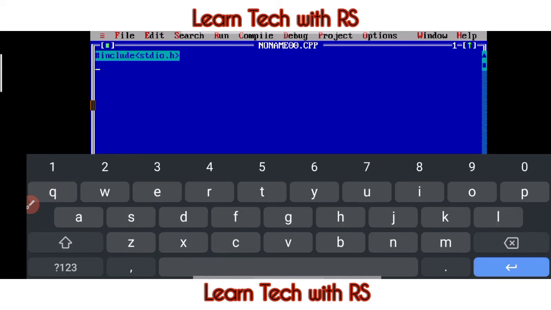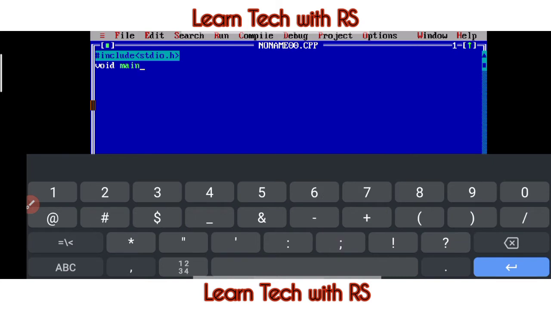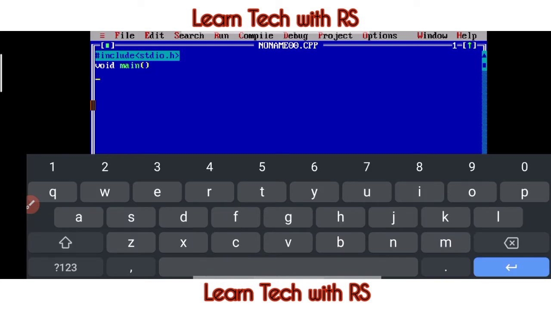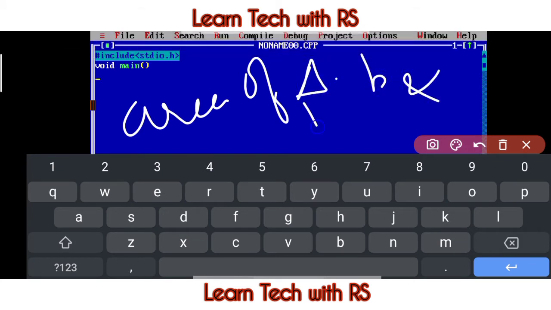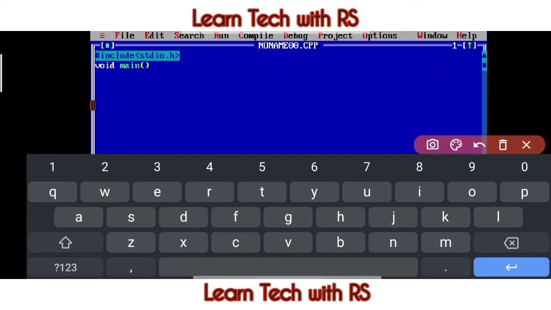Okay, in next line you have to write void main, bracket open close. Then next line, since it is for area of triangle, now we need base and height, and it can be anything, right? From integers 1 to any things, decimals like 3.116, etc. So we know that is length. So here we will use the keyword float.